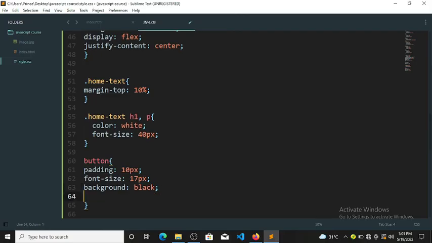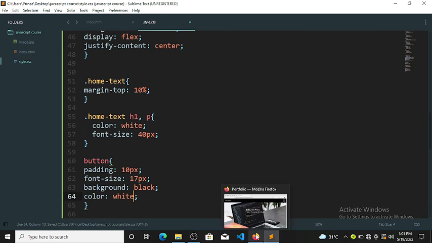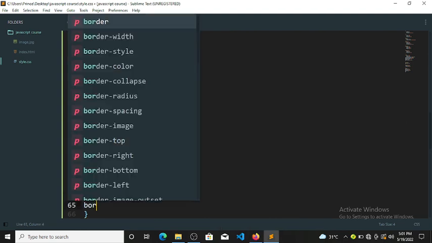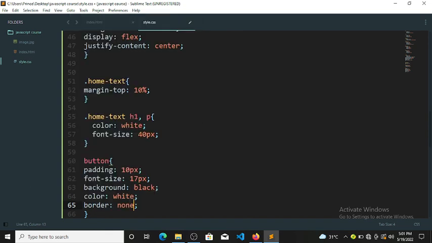So color should be white, and let me save it and refresh. Yes, I can just remove the border. After removing the border, all these whites will disappear. So I just need to add border, none, save it, and you can see